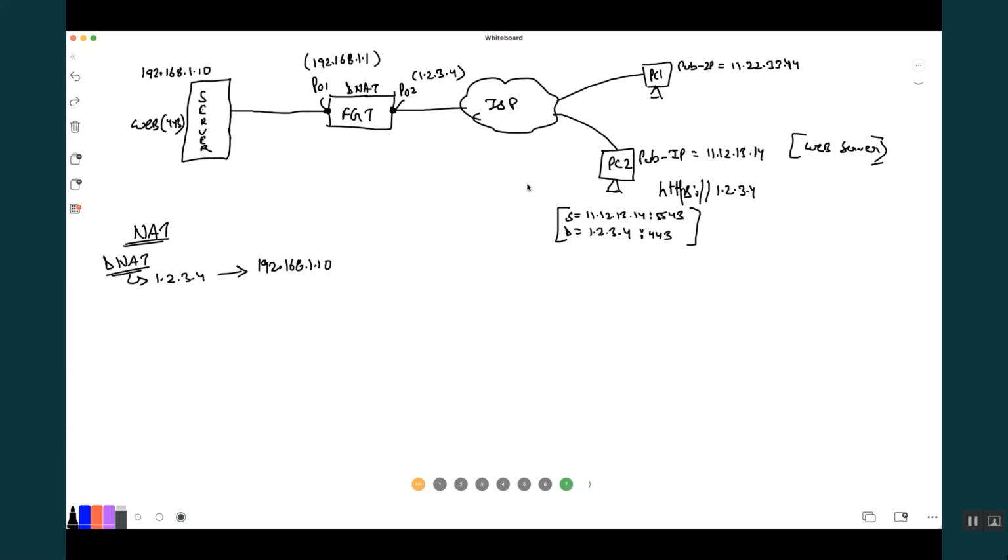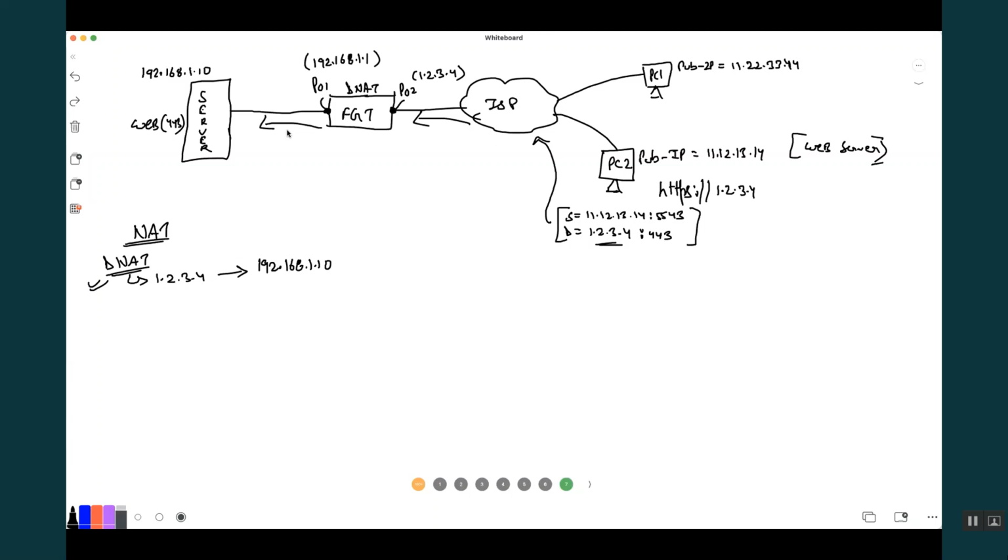When this packet reaches the ISP and the ISP sends it to the FortiGate, the FortiGate will translate the destination based upon the DNAT entry to 192.168.1.10. Hence the packet will be sent further to the server.